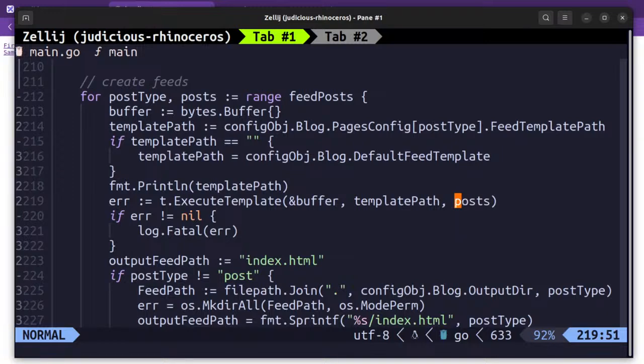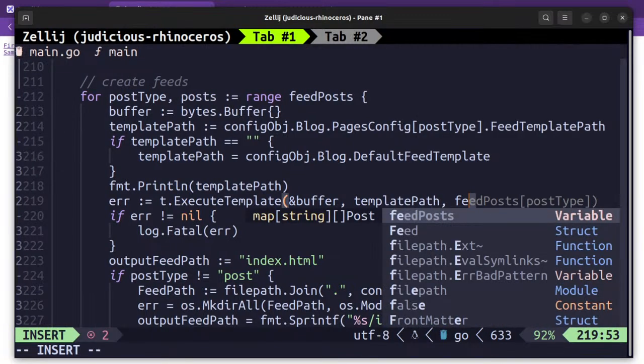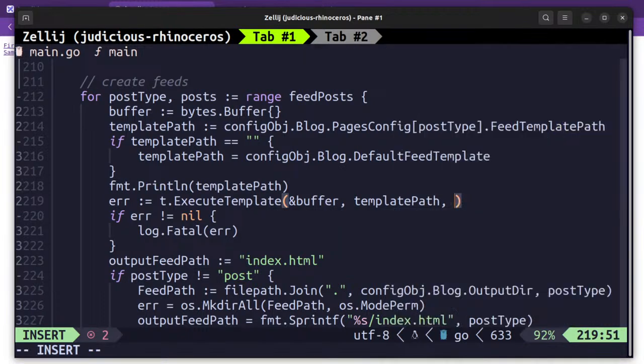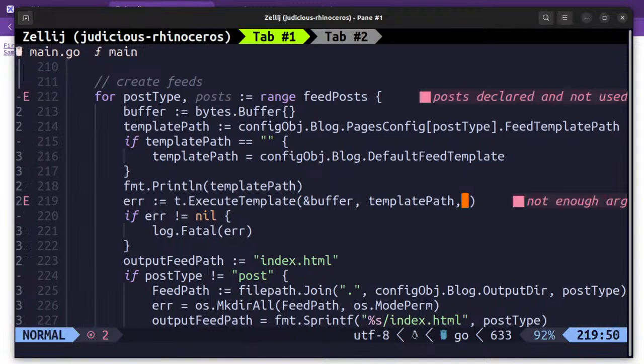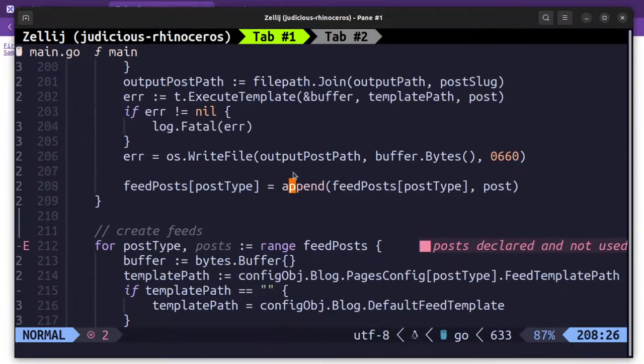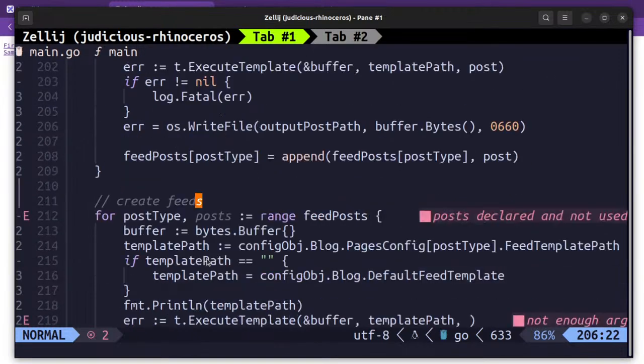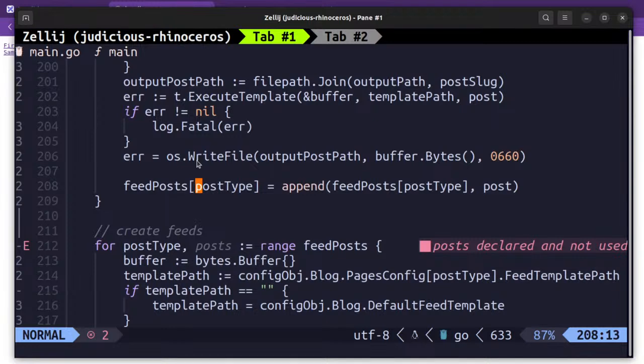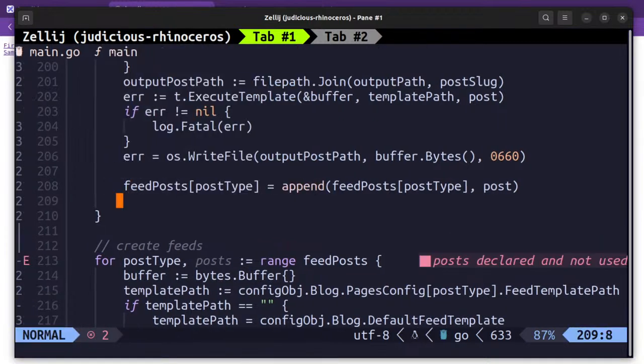I don't want to pass in this. I want to pass in well. Okay, so